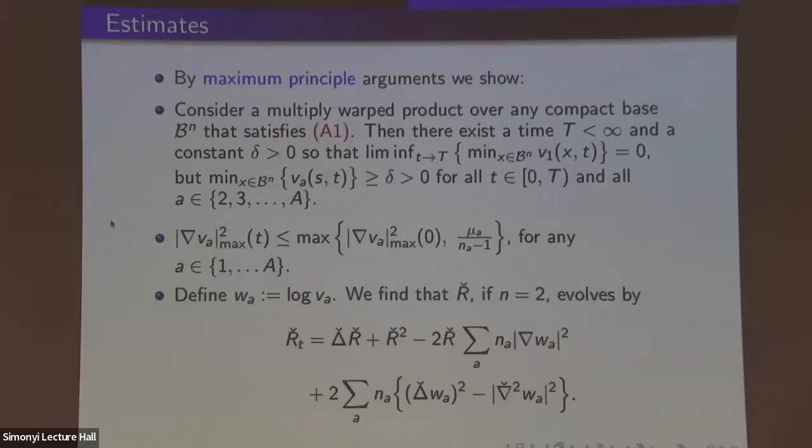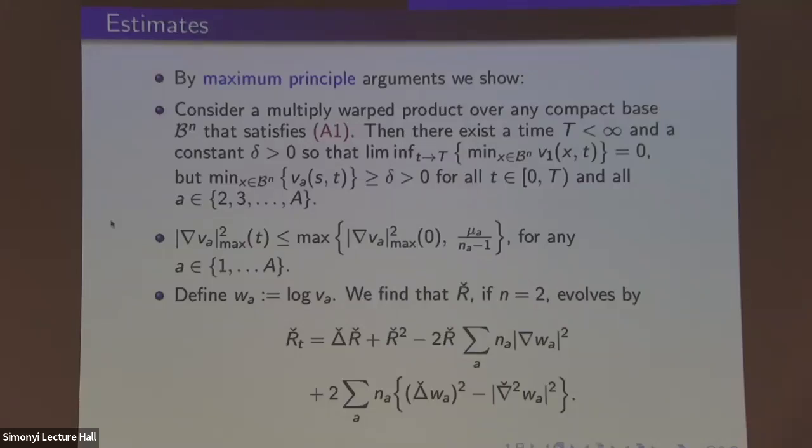Now we also want to control the scalar curvature on the base, which is R check. To do that, here I wrote the equation for R check. It's this one here. Let's say that the base was just evolving by the Ricci flow. Then you wouldn't have this third term here. So R check t is Laplacian R plus R squared. It's just the evolution equation of the scalar curvature under the Ricci flow in 2 dimensions. But unfortunately, we also have this term and also this term, which come from the fact that you have